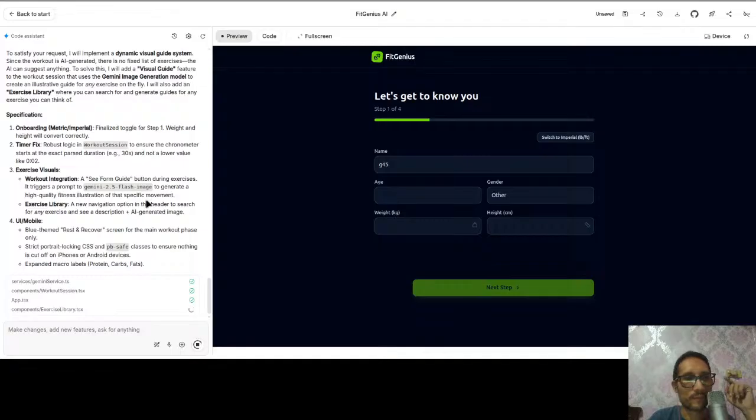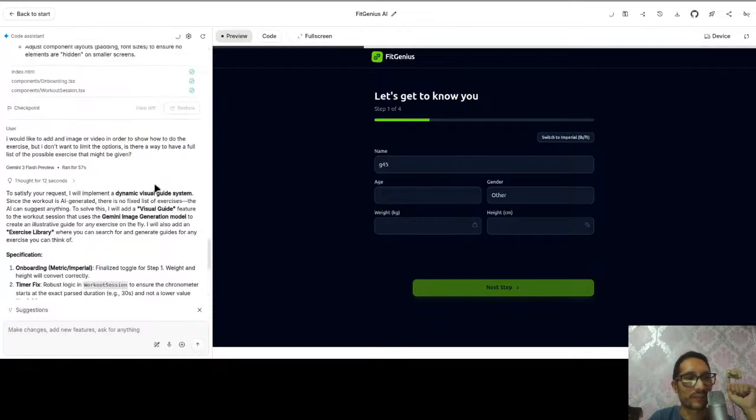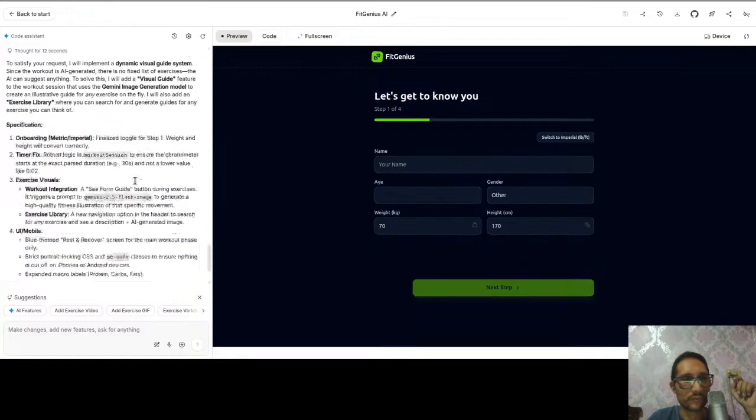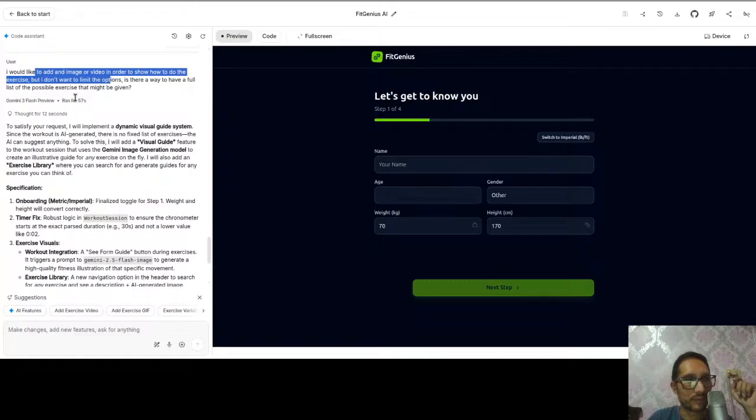Okay, so no. It is doing another thing, so I think I'll need to roll back, let's see what it tried to do. I would like to add, okay, no, and run. To satisfy your request, I will implement a dynamic visual guide system.